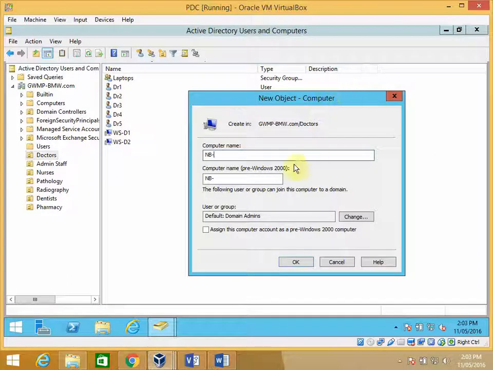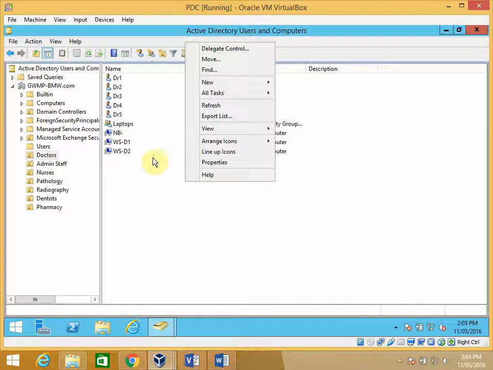Okay, so where we're going to put this is, we'll call this like a notebook, and D1, and yeah, it all depends what naming convention we're using. Workstation, NB for notebook, that'll do. D1,